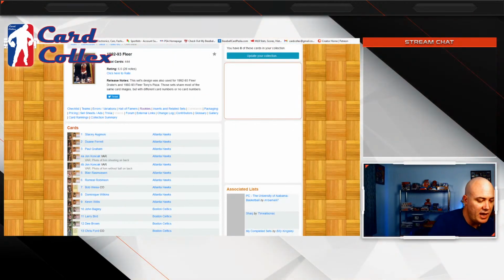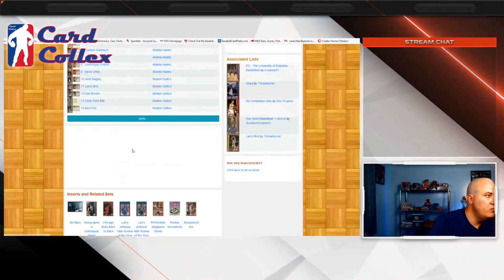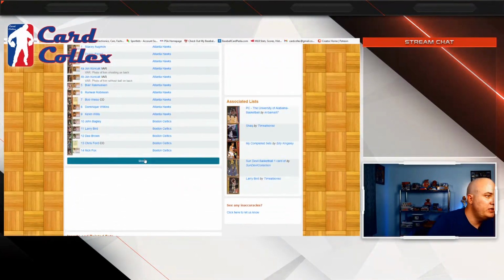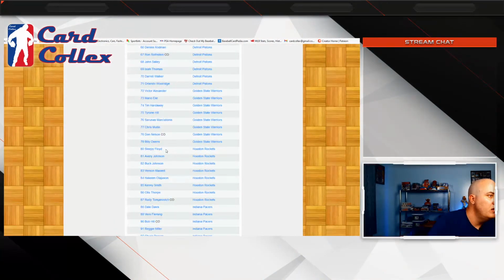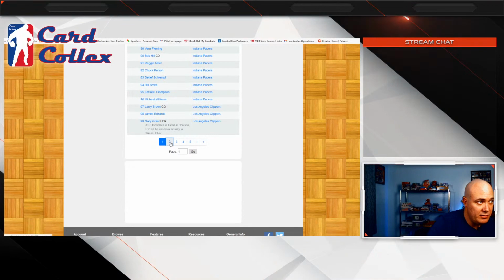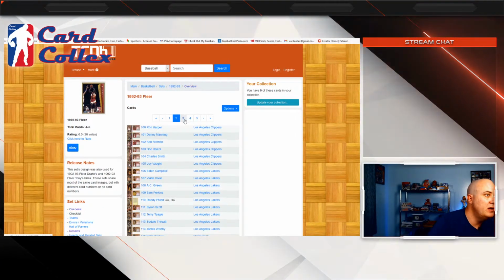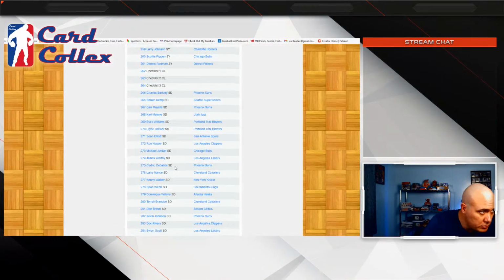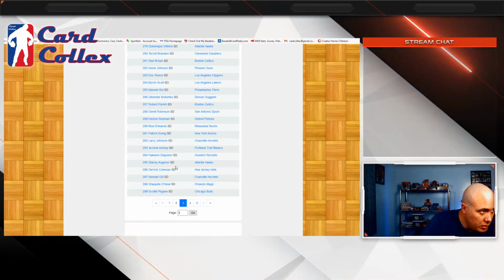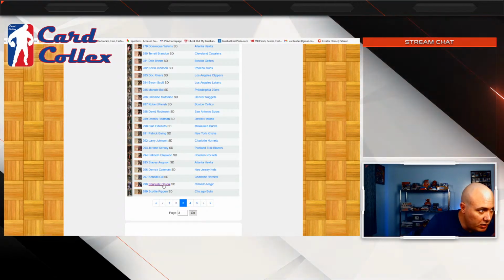Because this 298 is a slam dunk contest, so I need to look at number 298 to make sure this is the same set. I know it is. But I guess they don't consider that a rookie card because it's a slam dunk contest card. 298, Shaquille O'Neal SD, slam dunk.